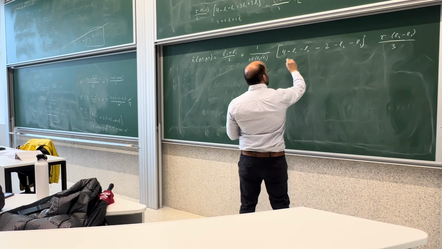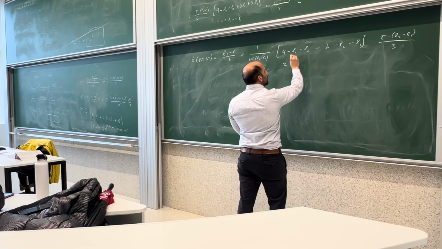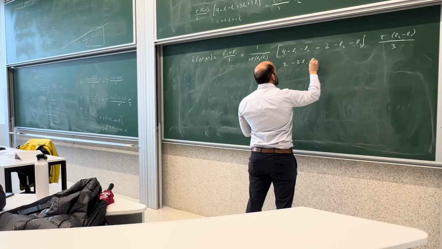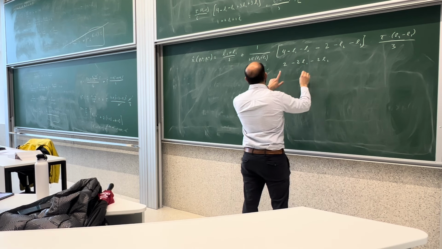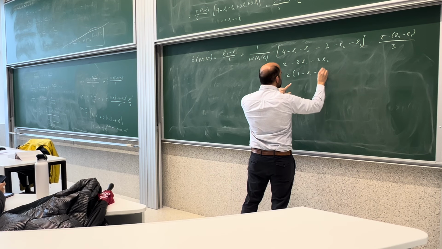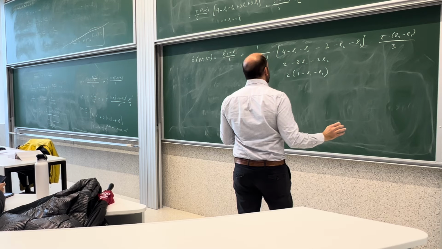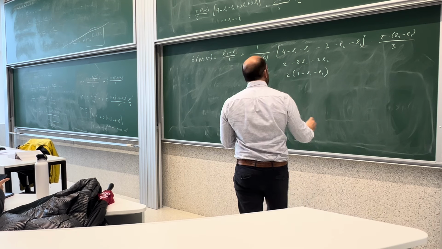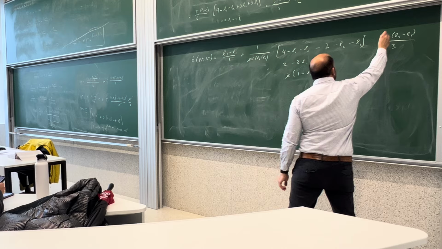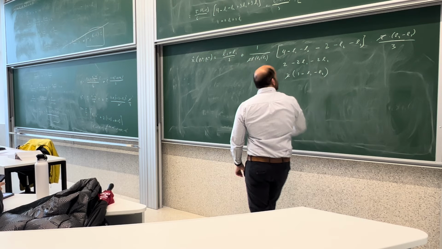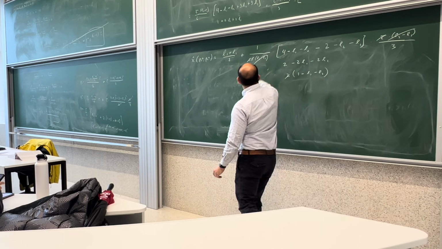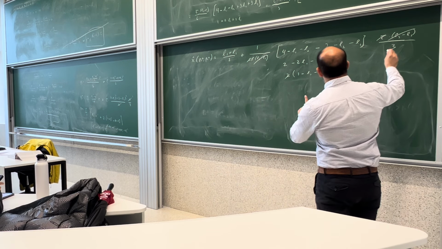This is 4 minus 2 is 2, minus L1, minus L1, minus 2L1, minus 2L2, so this is just 2 times 1 minus L1 minus L2, I believe. This 2 is going to cancel with this 2. This tau is going to cancel with this tau. L2 minus L1 cancels with L2 minus L1. So then 1/3